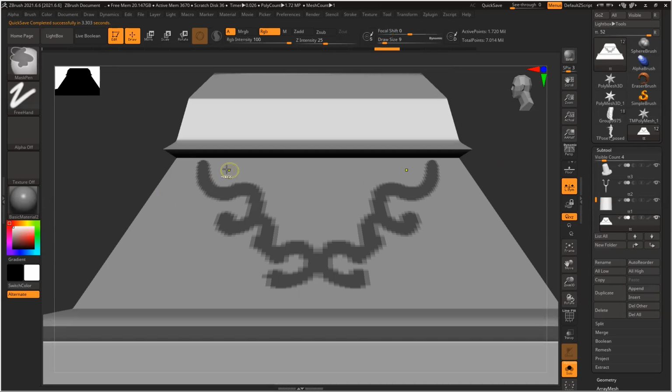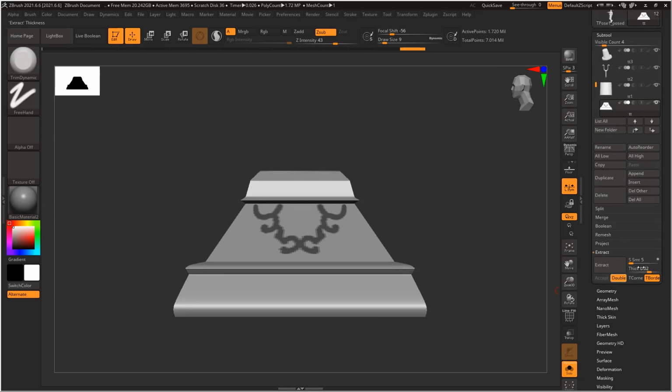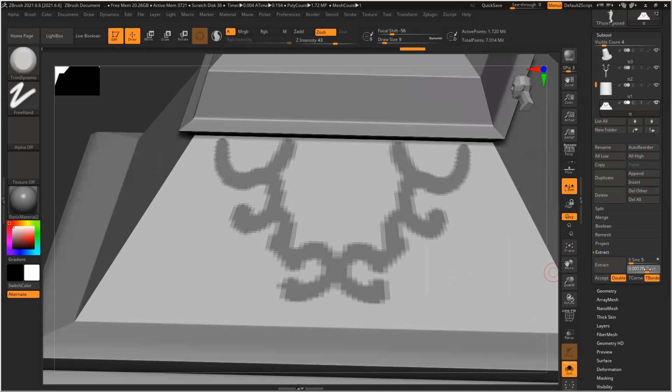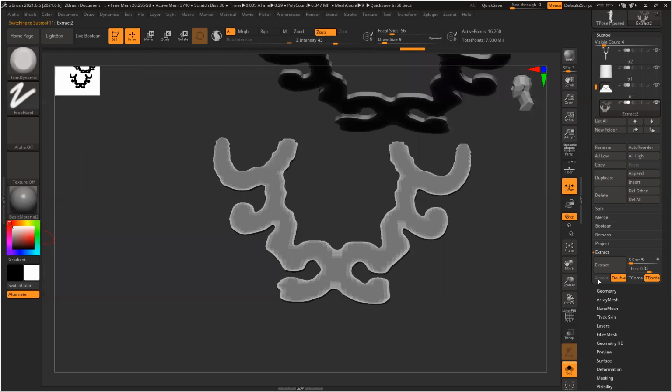Just a basic selection. One more line here. So the entire basic shape is just a basic shape because I'm going to extract it. Extract, very little thickness, 0.1 or something, very little thickness. Or if you want, you can increase it. You can modify this as long as you're not. Yeah, this is fine. Once you're happy with the thickness and everything, you can press accept.